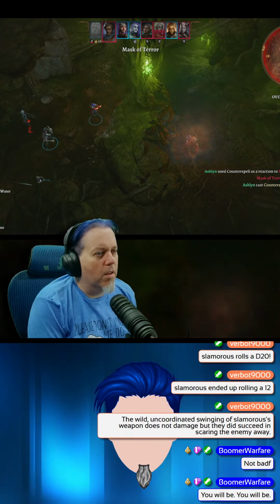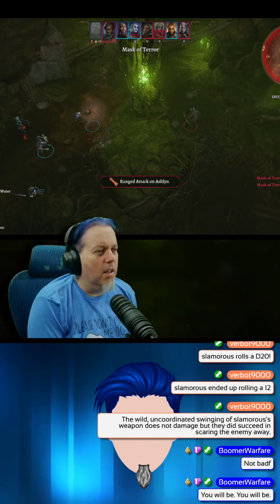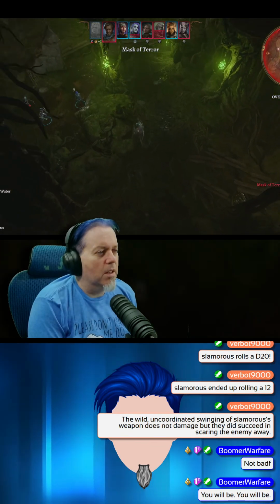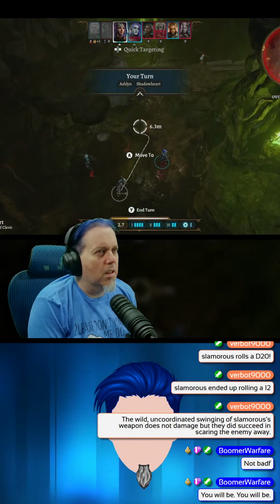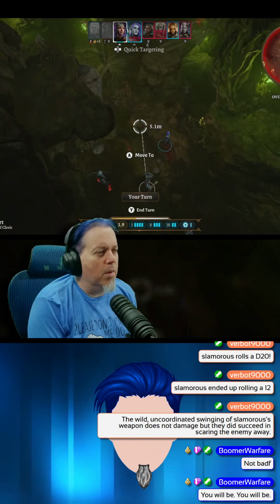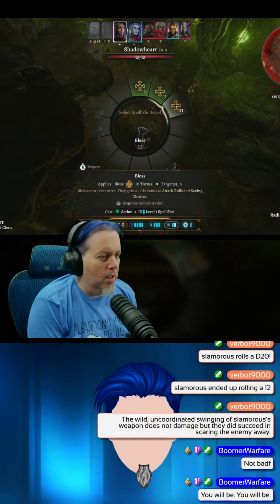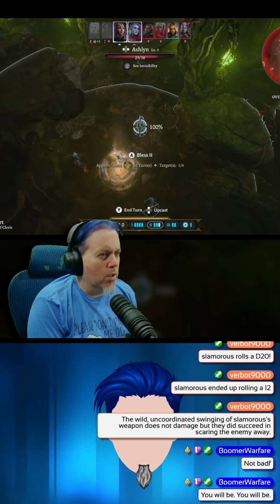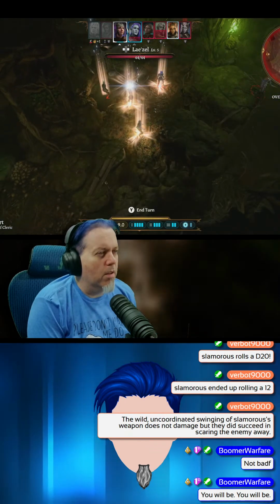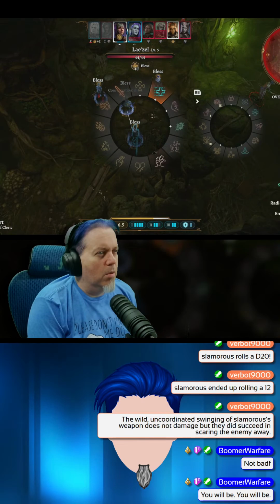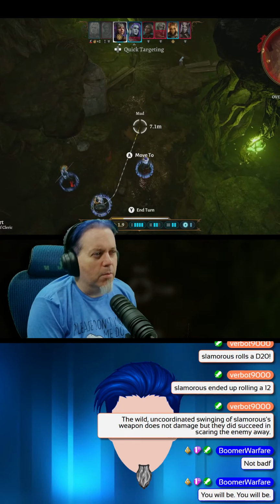Counterspell. Aha! Eat it. I can't make it all that way, but maybe what I can do here is bless everybody. Four targets: one, two, three, four. We are all blessed. And I can move up a little bit.